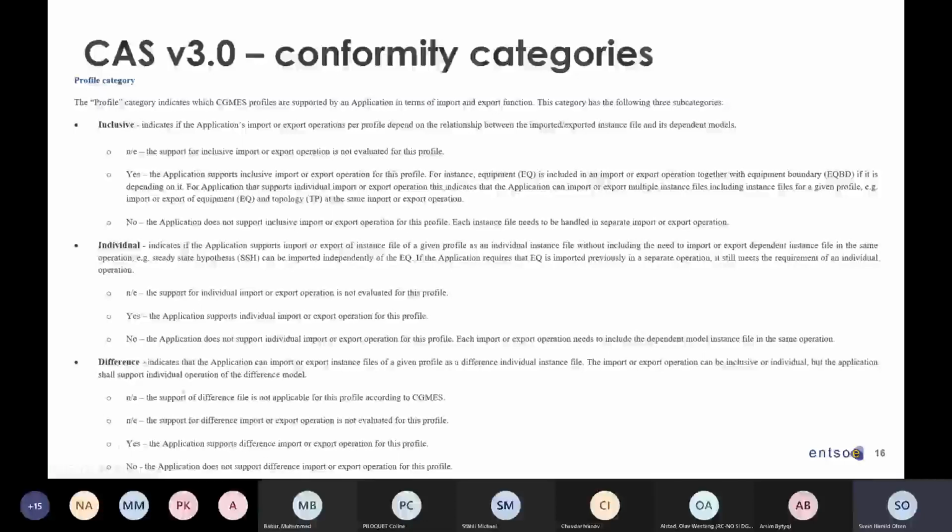And the third level is the difference, where it is expected that it needs to be handled as an individual operation, where you have a different file for each of the profiles that is applicable.